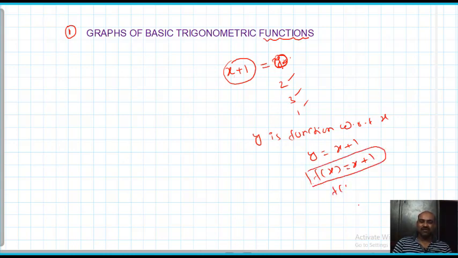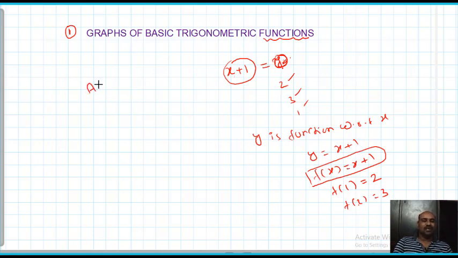What is the meaning of f of 1? It means the value of y if x equal to 1, that is equal to 2, or the functional value at x equal to 1. So f of 1 equal to 2. For example, f of 2 you want to find, that is equal to 3, like that. Function means the dependent variable is called a function with respect to the independent variable.